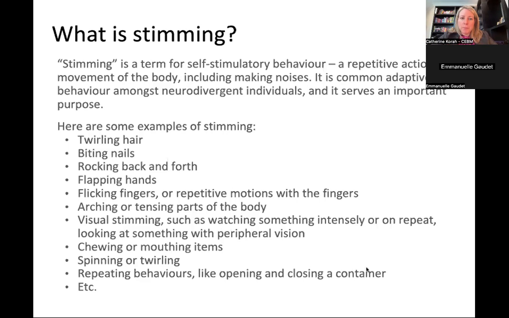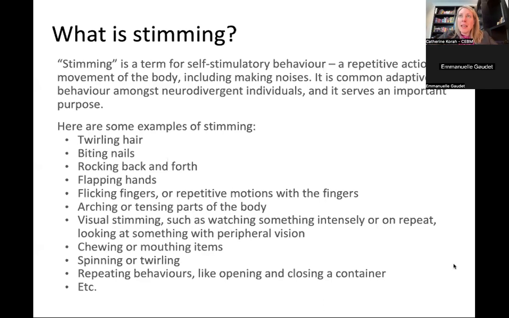a container, for example. And by the way, I don't know if you've noticed, but even the neurotypical individuals, and I know for myself, when I'm under stress, sometimes I will do something to help regulate myself, but it's not as apparent or as obvious. Like, for example, if I've got a ring on my finger, I might play with my ring as I'm talking, and I might even do it underneath the desk. And so nobody sees, but what I am doing is actually a form of stimming. And so we all do it to some extent. It's just that for the neurodivergent person, sometimes the stimming can be quite distracting to the group.